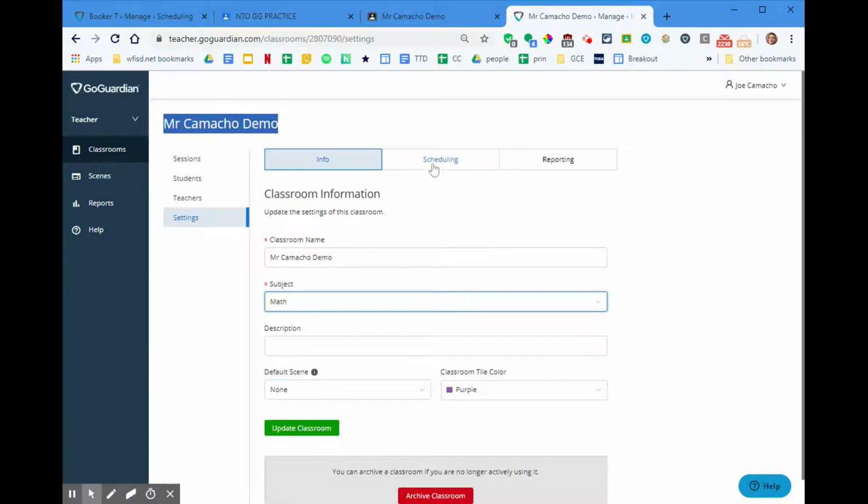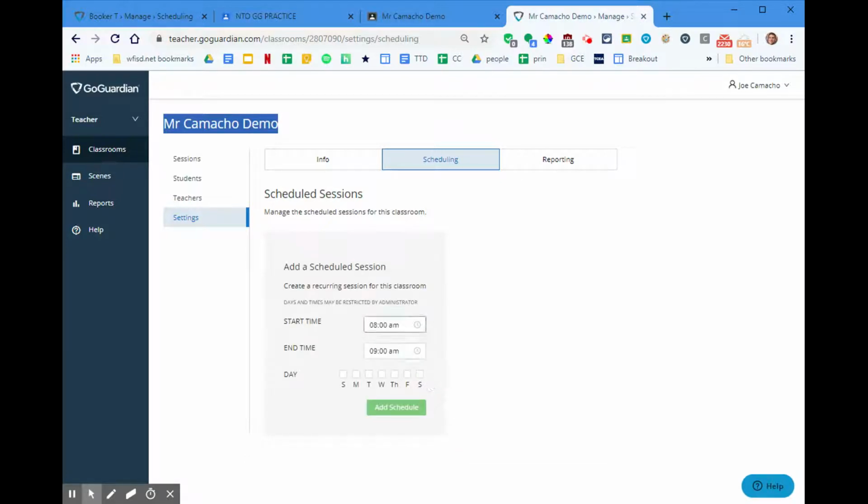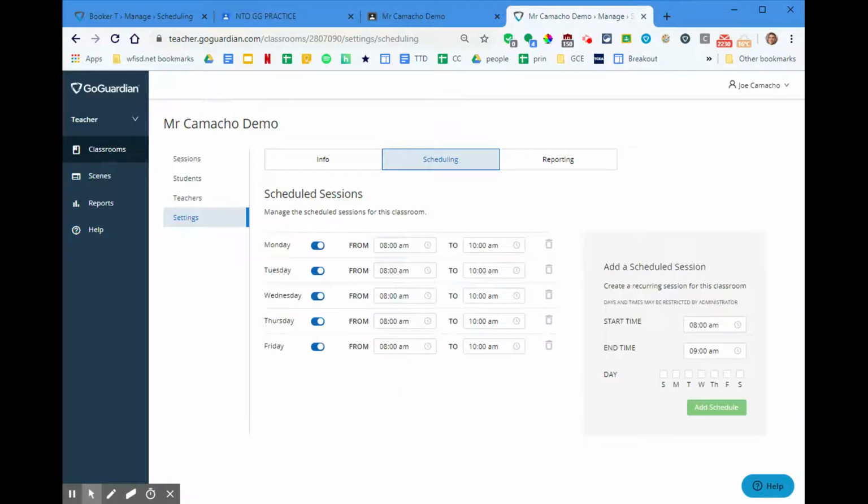I'm going to click on scheduling, and let's click on add schedule. If this is my first period class and I have them from 9 a.m. till 10 a.m., Monday, Tuesday, Wednesday, Thursday, Friday, then I can add that schedule. If you don't have a cookie cutter schedule, if your Wednesdays are different, you can edit those at this time. So yeah, we have already pulled in our classroom and we have set a schedule. So that's about it